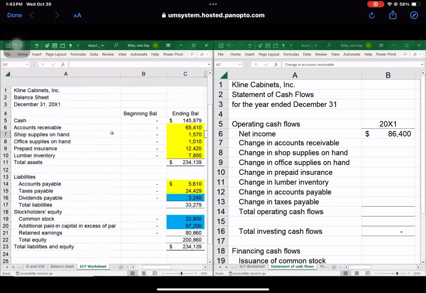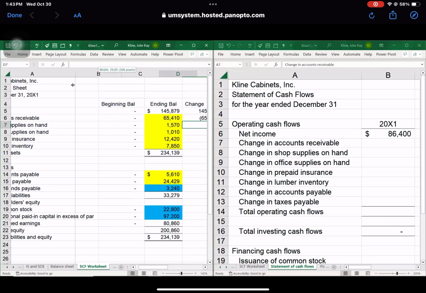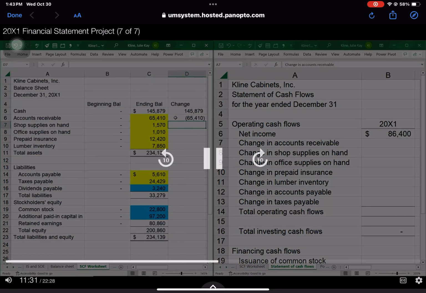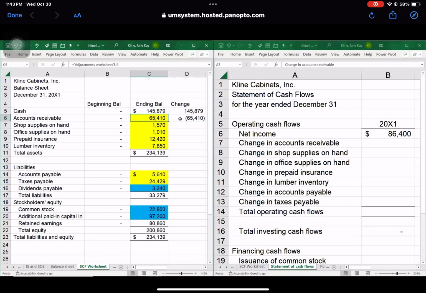Okay, so there is our asset goes up. See if we can see all of these together. Asset goes up, we subtract the change. All of these assets actually went up, so all of the changes are going to be subtracted. Pulled that formula down. So then I'm going to look at my change in AR and select the change with